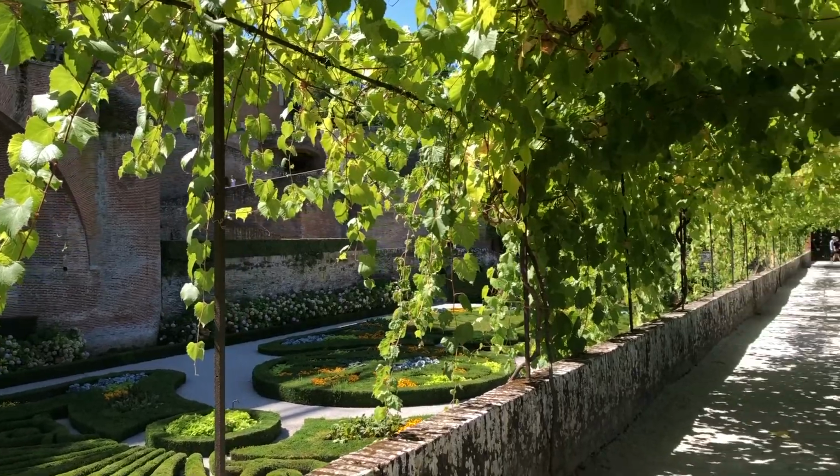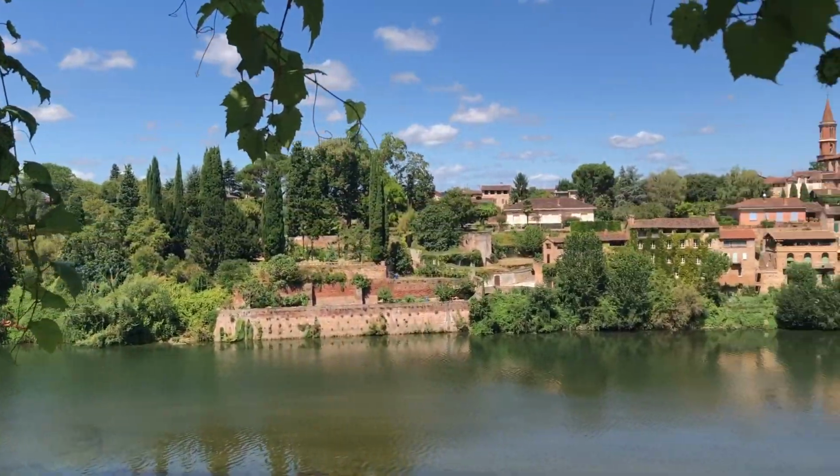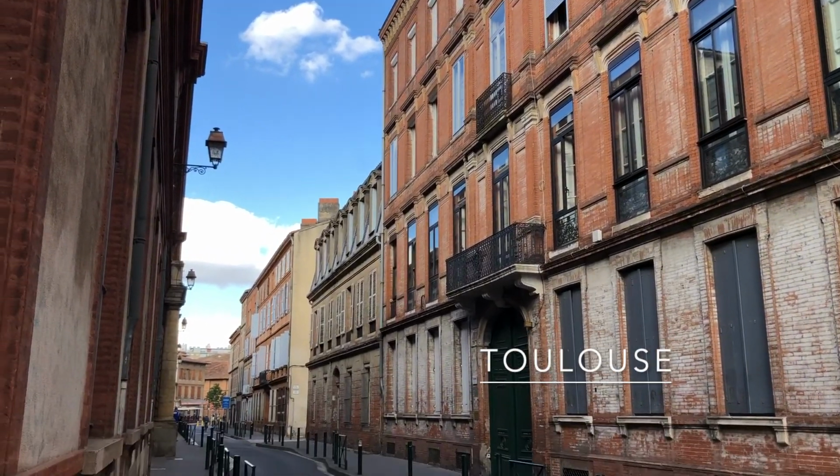Albi was just a little stop that we made on our way to the city of Toulouse. So when we were done walking around Albi, we headed to the train station and took our hour-long train to Toulouse. We quickly dropped off our bags at our Airbnb and then used the time that we had in Toulouse